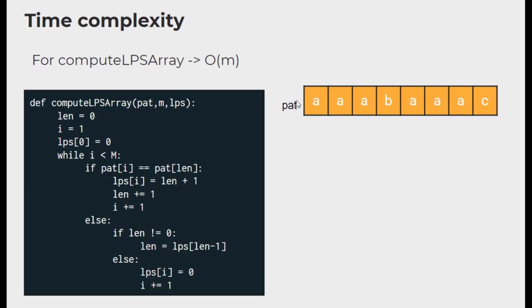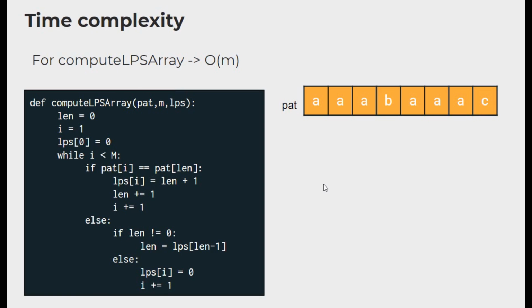During the computation of the LPS array as well, the pointer I never moves backwards. But here in this step, the length pointer actually moves backwards a certain number of times, and we have some extra table lookups. But this cannot occur for all the characters in the string. It can only occur after a certain number of matches. Assuming that this step occurs only a few times, this LPS array computation can be considered as O of m time complexity, linear time. But strictly speaking, it is not linear.